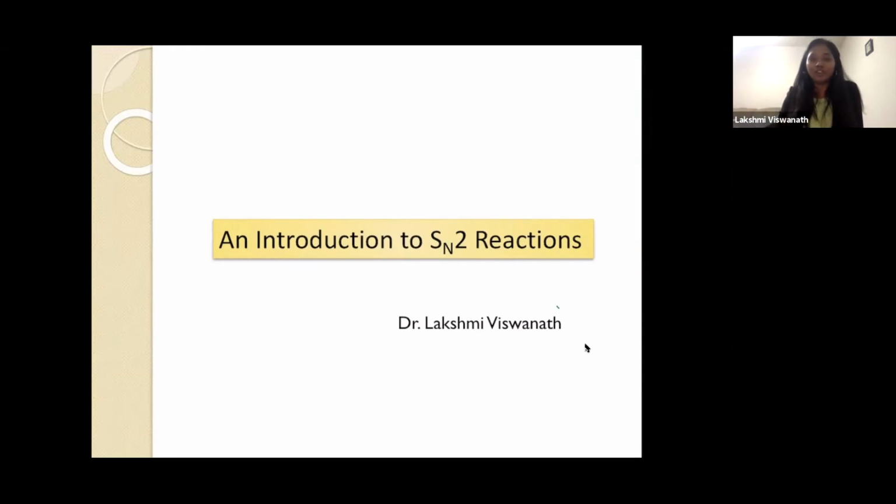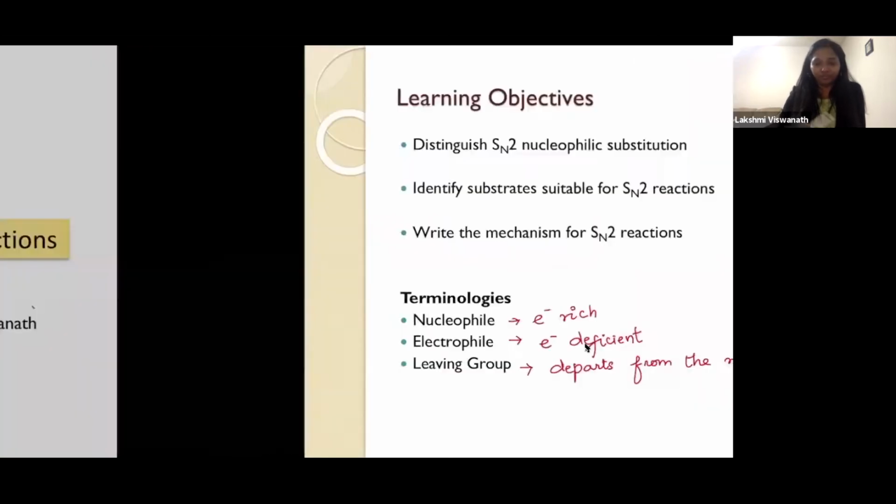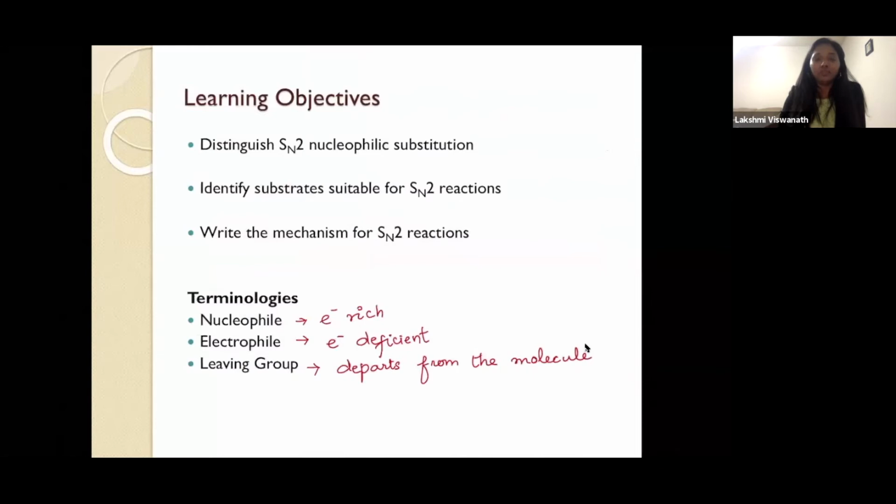Hello everyone, today we're going to talk about an interesting topic called the SN2 reaction, which is everyone's favorite reaction. After this lecture, you should be able to distinguish SN2 reactions from a bunch of different reactions, and you should also be able to identify the substrates which are suitable for SN2 reactions and be able to write the mechanism